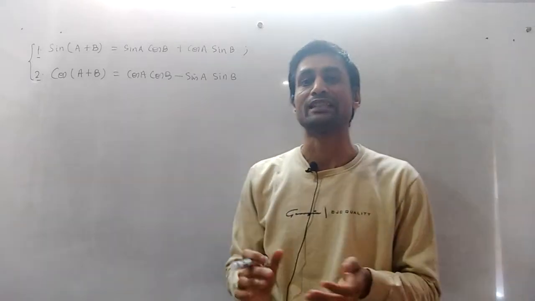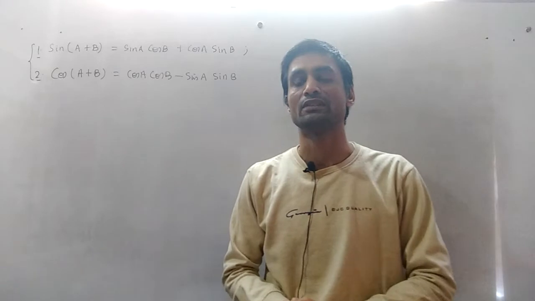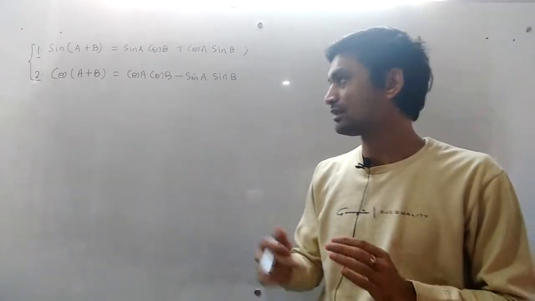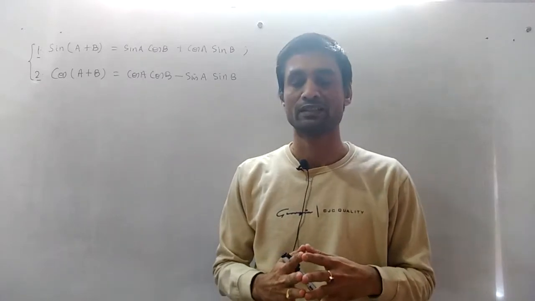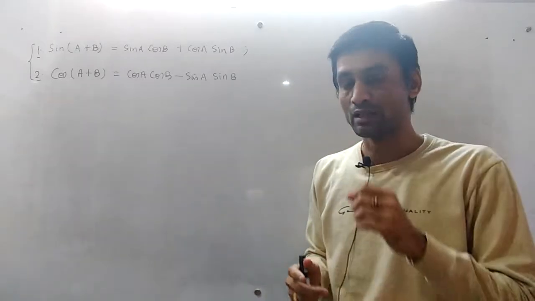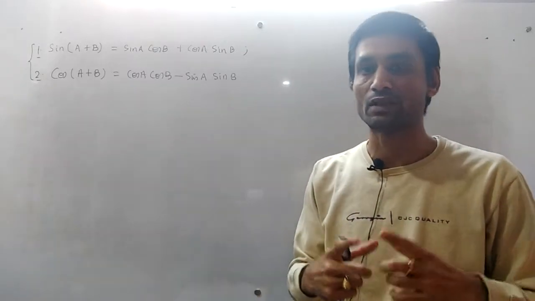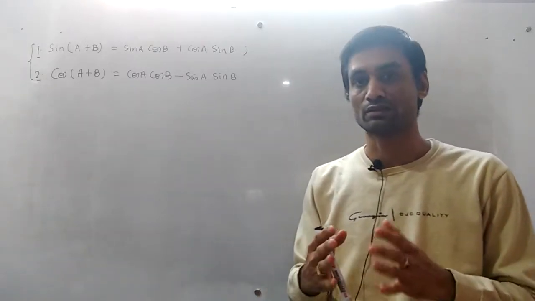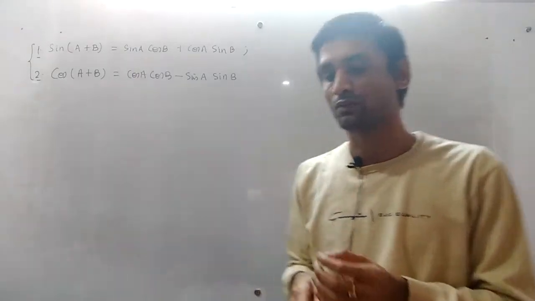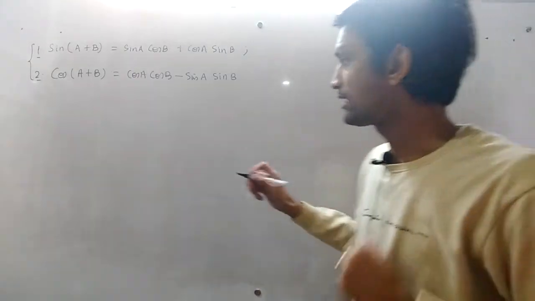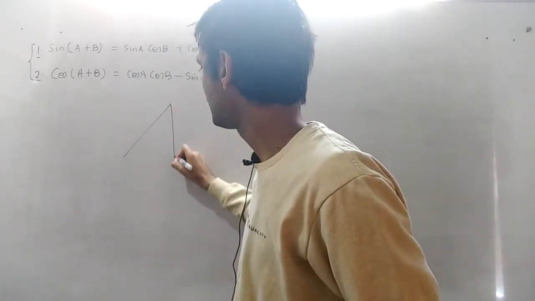So we will discuss here a shortcut, a very interesting way to derive it, in which a rectangle plays a very important role. What is the problem in trigonometry initially? You have passed 10th class, and now you are in 11th class, right? So you are expected to know that if it is a right angle,